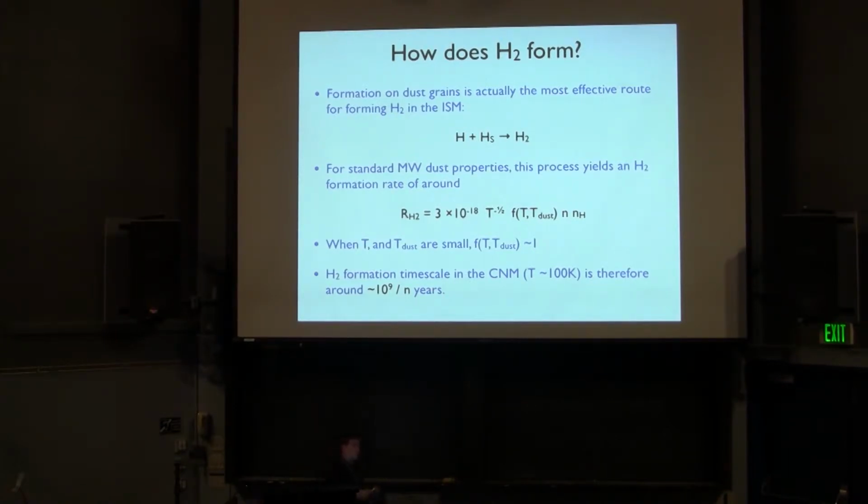However, what Simon was showing in his calculations that he did with Mordecai was that if you have turbulence in the ISM, you're constantly pushing gas to higher densities, and also the temperature of the gas is going down slightly as well. So it makes the sticking parameter more efficient. And then this can actually become mega years eventually, right? You're pushing it up to mega years. Cool. So that is the most promising way of forming H2